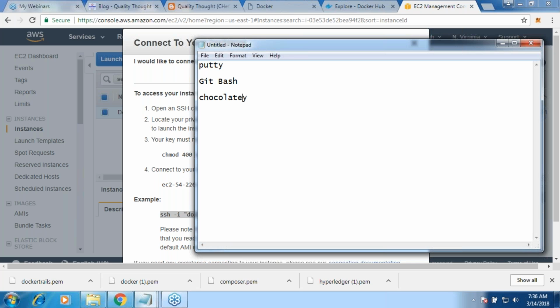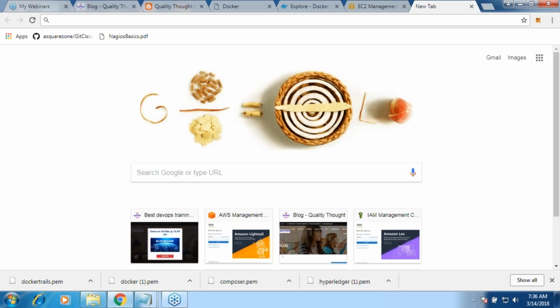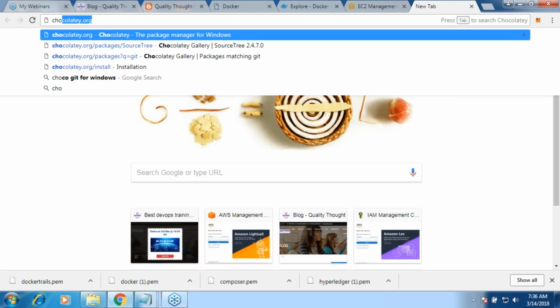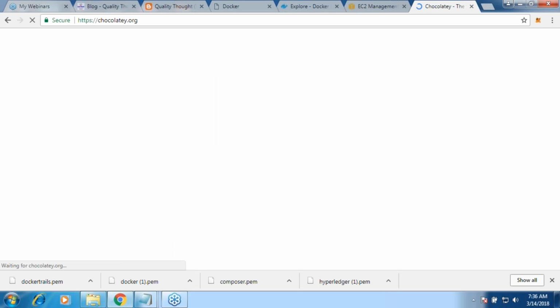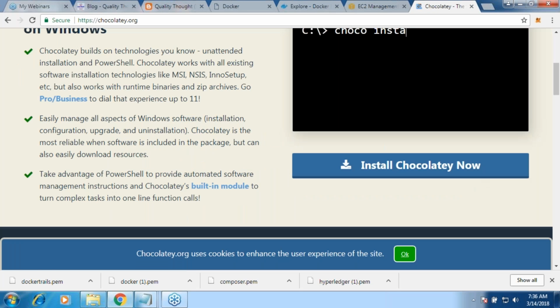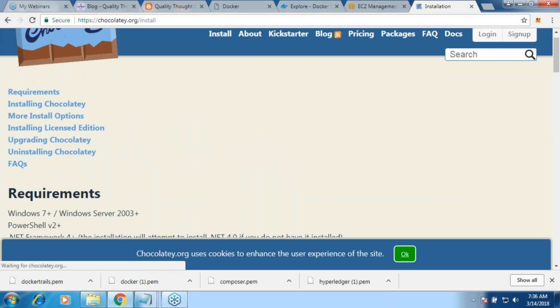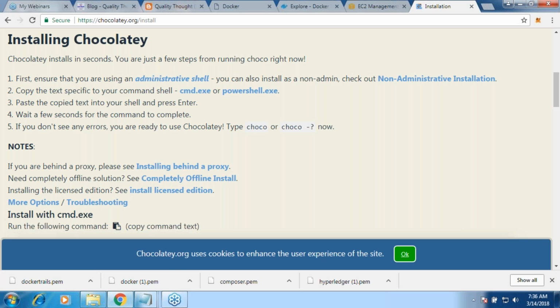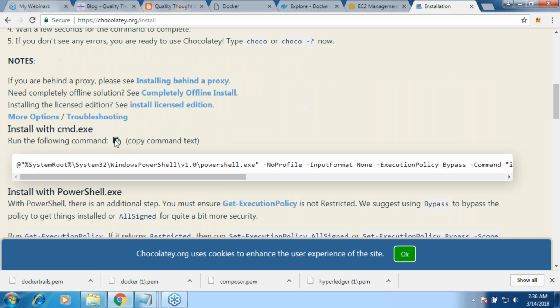So right now I'll be going and installing Chocolatey. Are you seeing chocolatey.org? Just click that. Click Install Chocolatey now. When you scroll down, you will see a command. Copy this command.